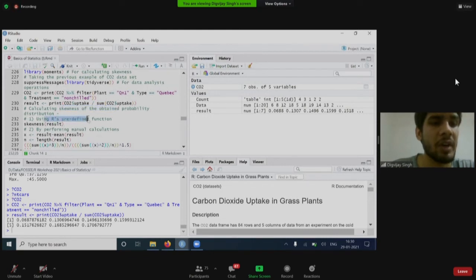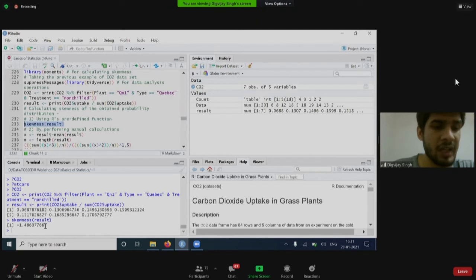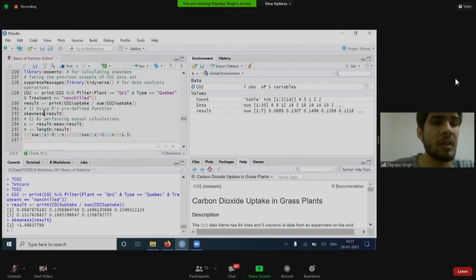So using the R predefined function, we can directly calculate it. Let's say skewness result. So we are getting this result. As we are not talking about the probability distributions, we can remove the statement. So we can directly calculate it using skewness.